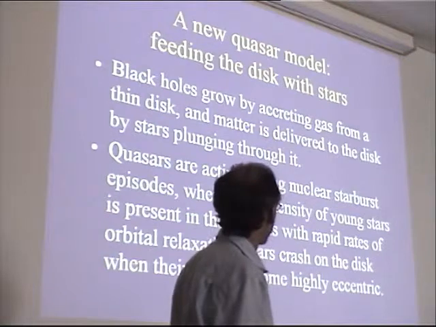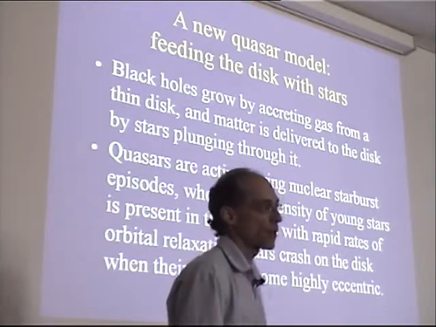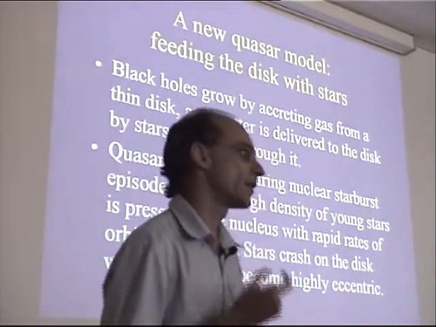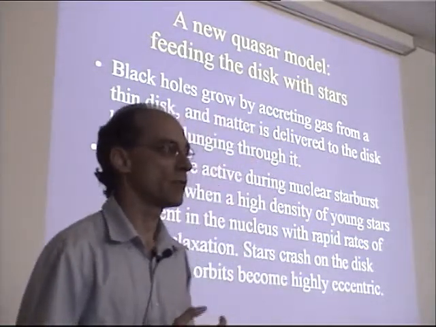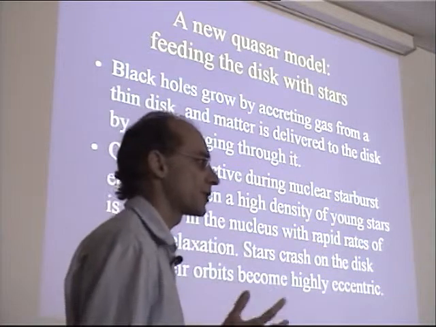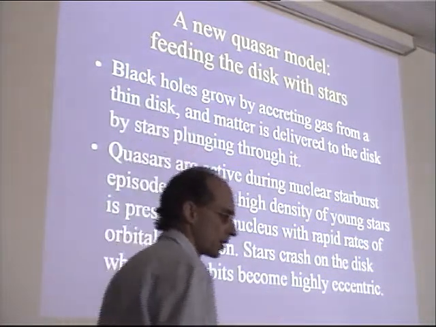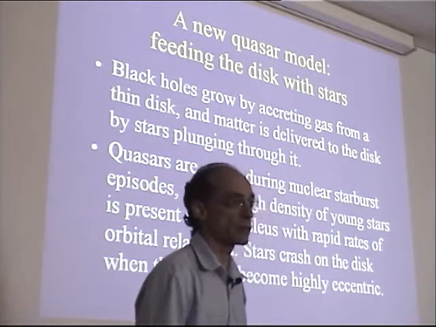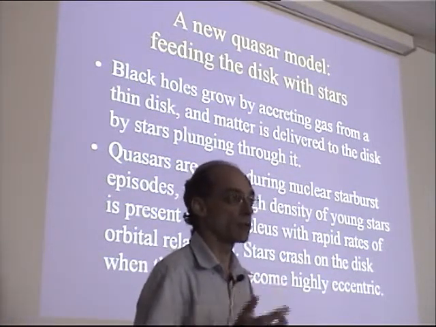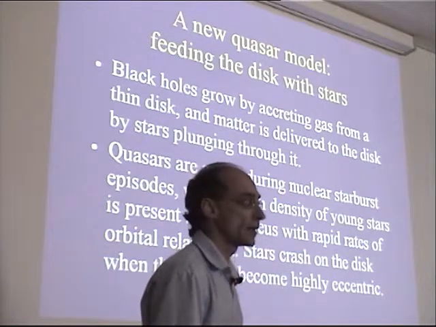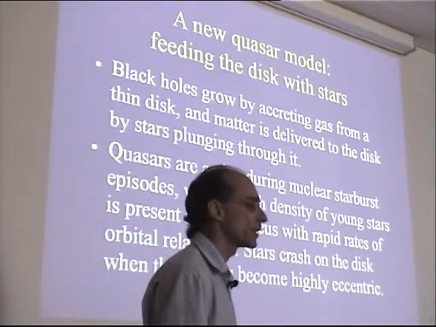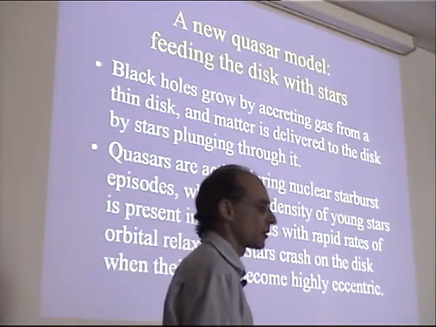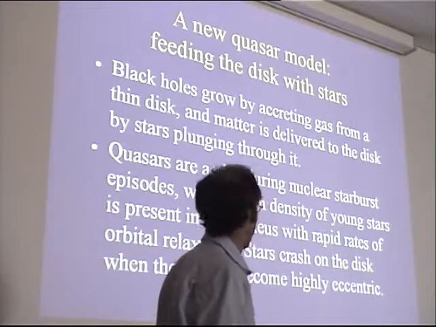Quasars then would be active during nuclear starburst episodes. So quasars would be strongly related to star formation, but to star formation that is very concentrated in the nucleus of a galaxy. It would depend on having an episode of star formation just around these 5 parsecs, around a 10 to the 8 solar masses. And of course, nuclear star formation would be very much correlated with star formation overall in a galaxy, right? Whenever you have gas going in the center and making stars, normally you would have star formation going on across the galaxy because you'd have a lot of gas around.